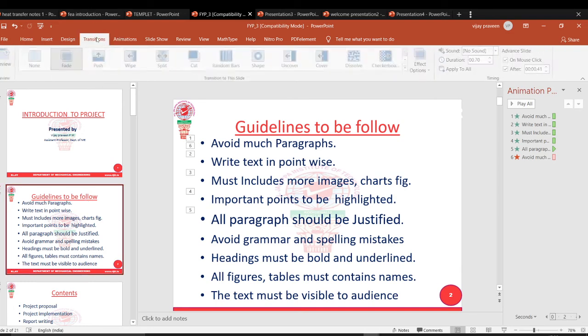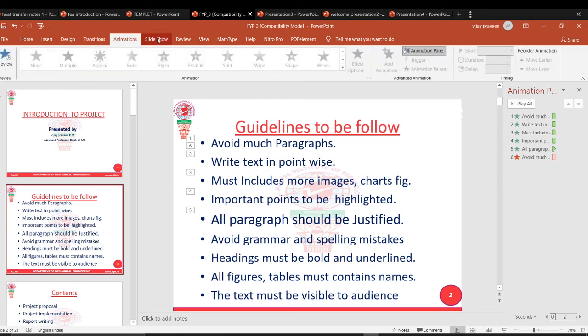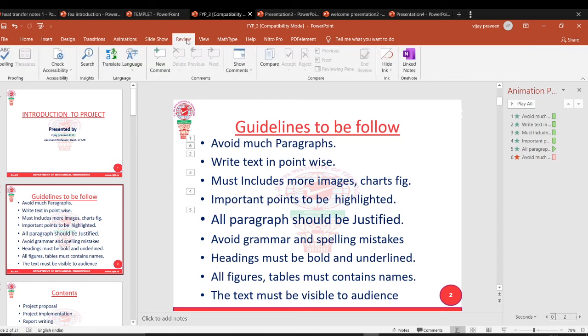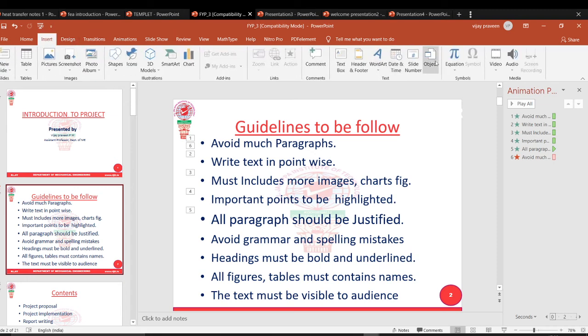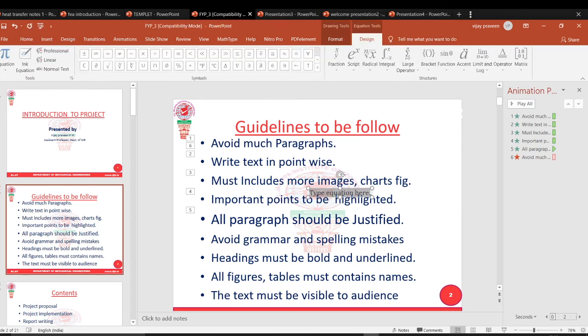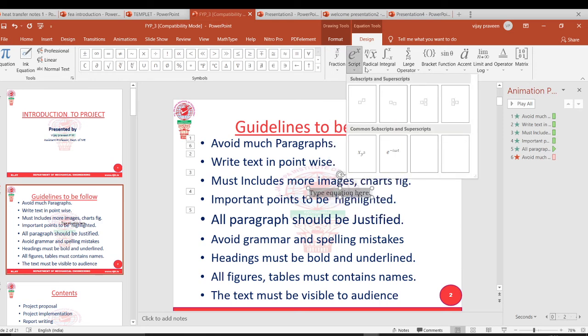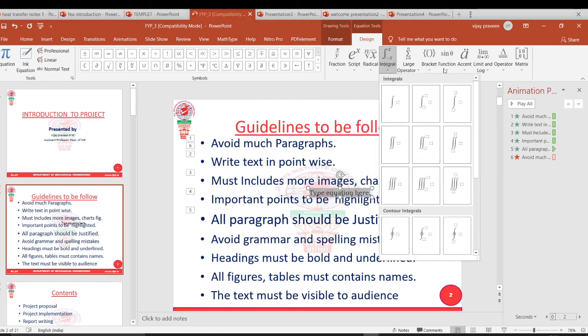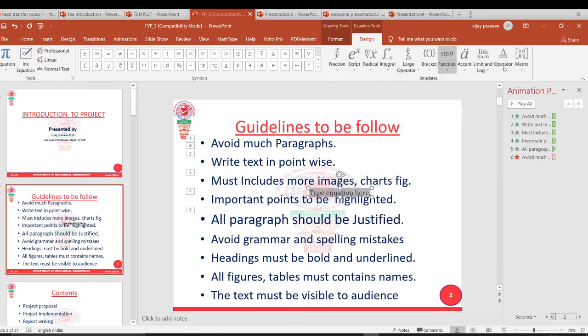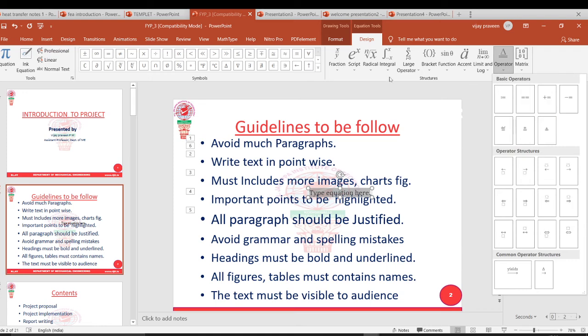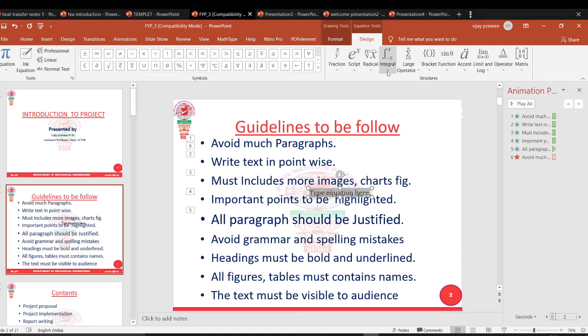Don't give animation, just go for transition. If you give it to the slide, that is enough. Animation takes time, but if you want to do it, you can. Otherwise, the rest of the things. And in the insert option, there is something called equations. If you want to type any equation, please go to the insert option and do it. Type it yourself. E power, root, integration, sine, all those things you can do. Okay, you can use that. Fine.